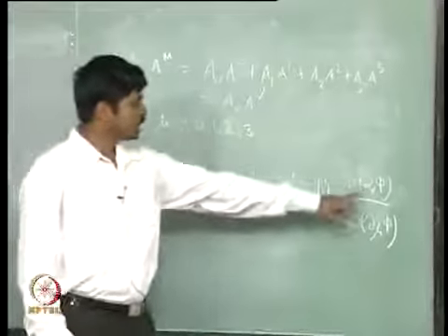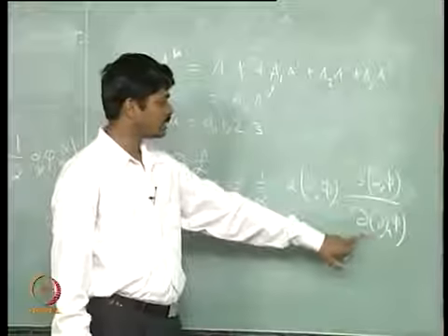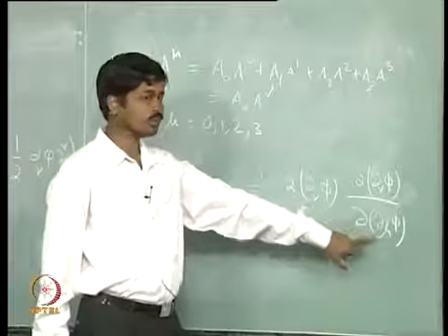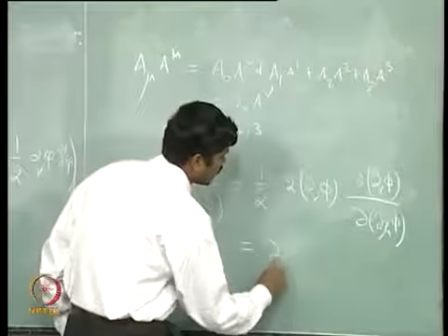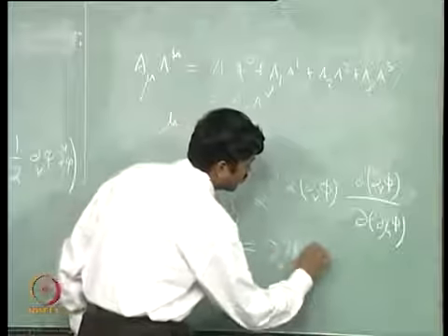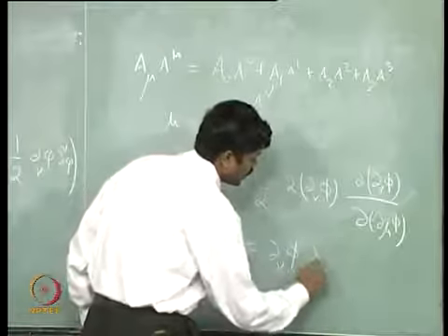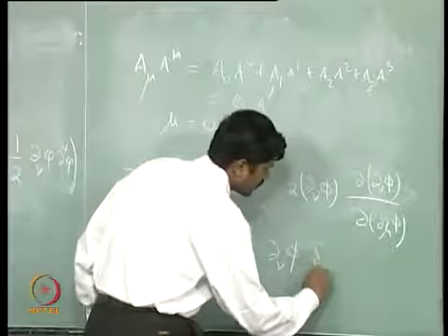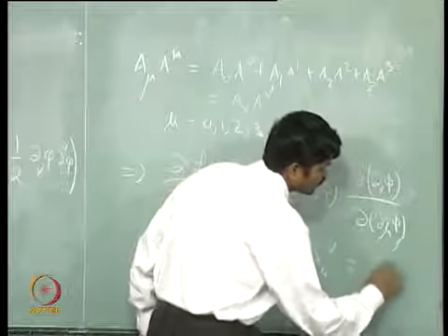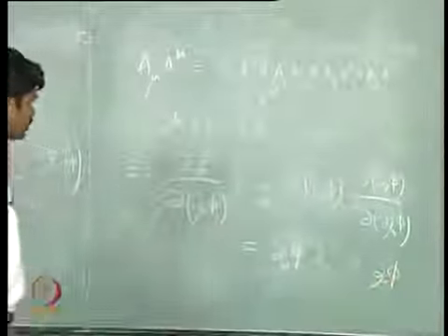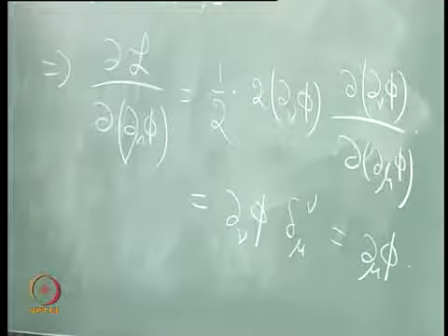Now, what is this quantity here? This is just delta mu nu. So, this is nothing but del nu phi delta mu nu. So, this is just del mu phi. So, what we saw here is that